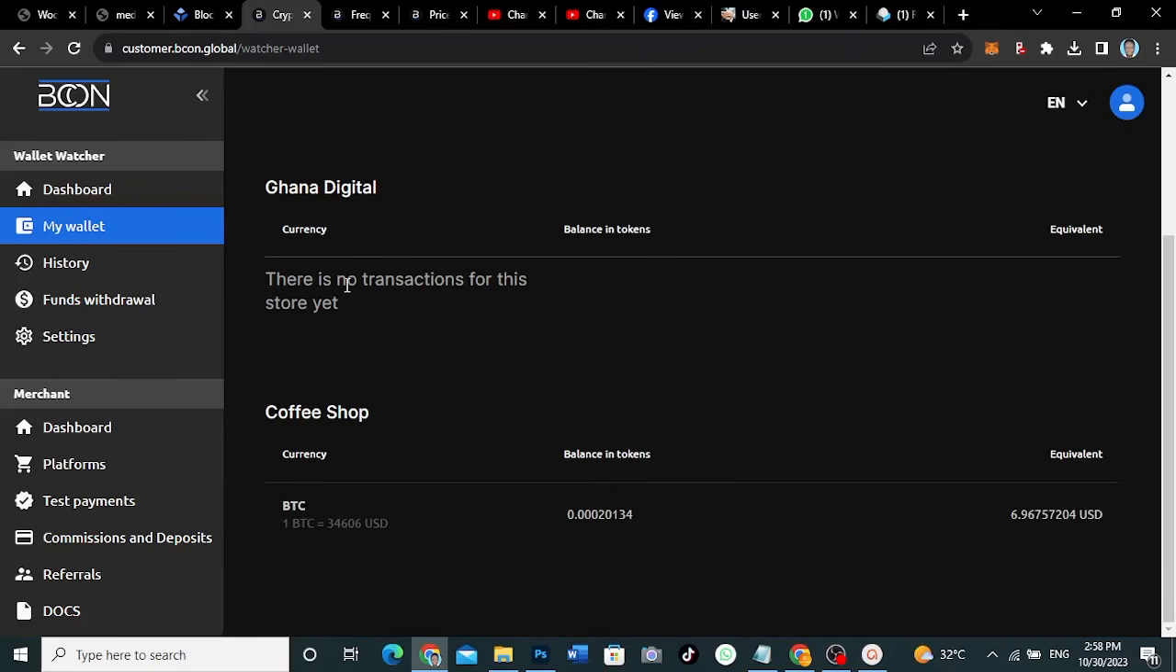And that is it. So you see that your shops will be lined up over here, and all transactions under each shop will also be there. As you can see, the coffee shop has one transaction, which is this particular one. Then the equivalent in USD is this one, and that is it. It is very, very simple to use, and I know you guys will love this particular